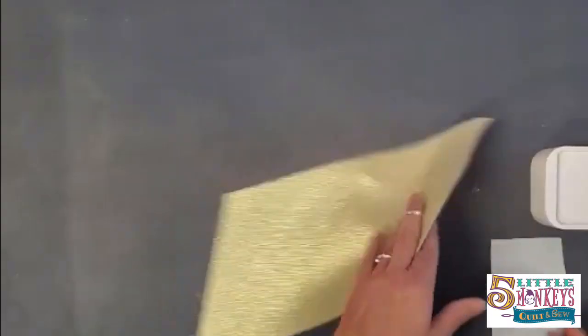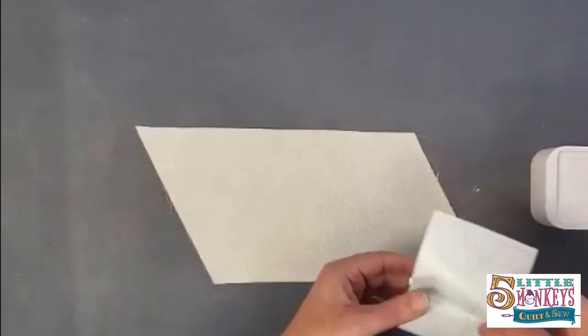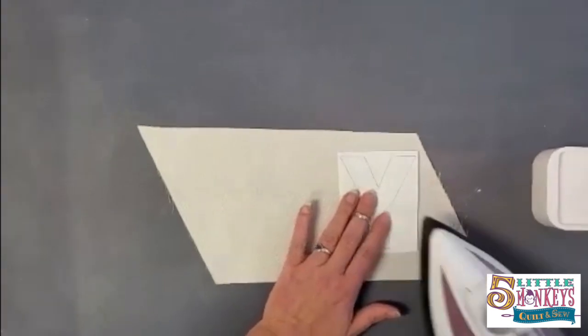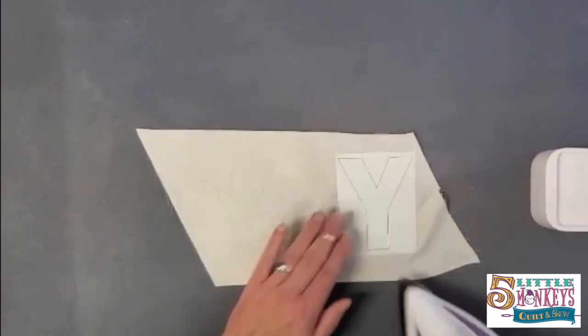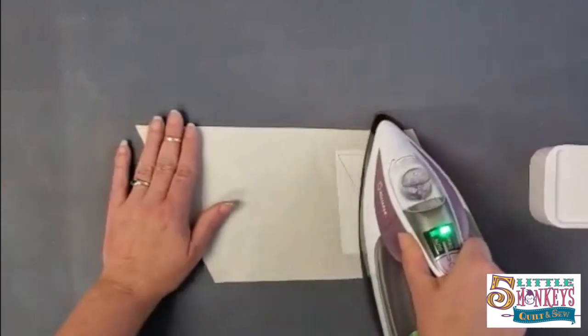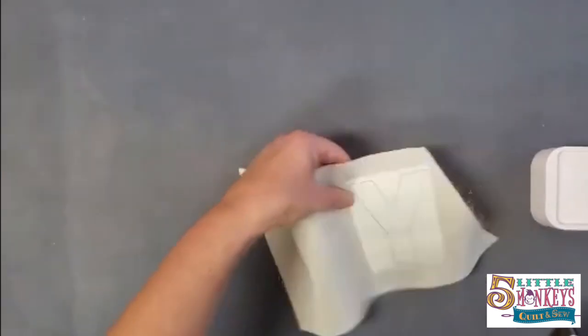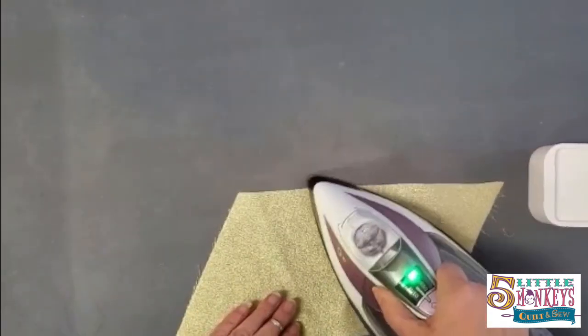We're still going to, even though we have this fusible stabilizer on the back of this, stick our apple stick to the back side. And just like we did with the black, we're going to fuse it down. Honestly, this fuses a little bit faster than the cotton does, I think because of the makeup of it. So I get it stuck on there until it's stuck, and then I flip it to the other side